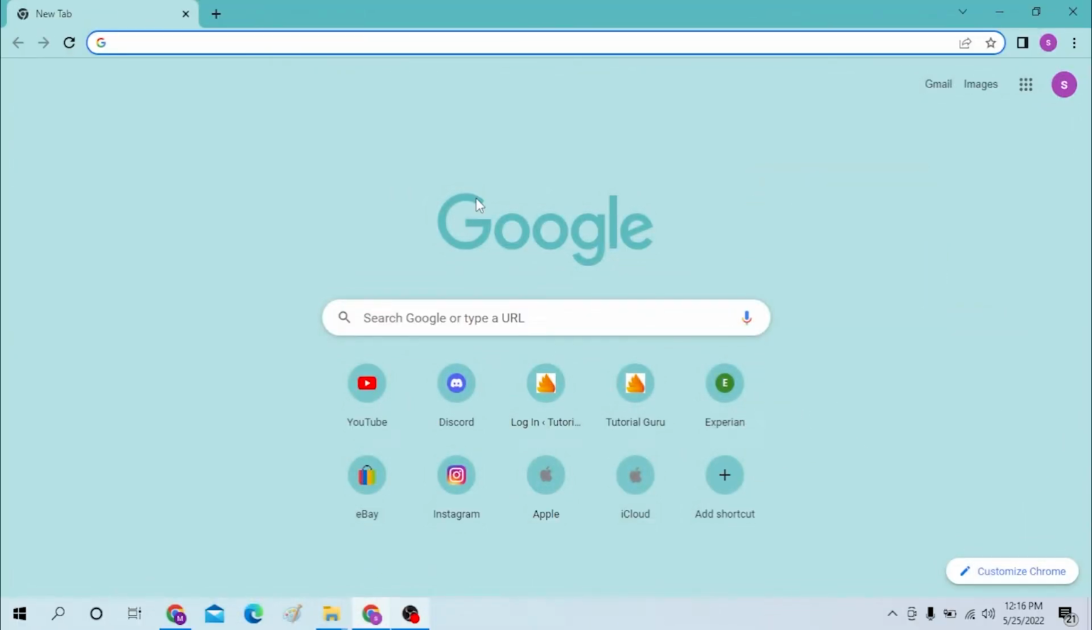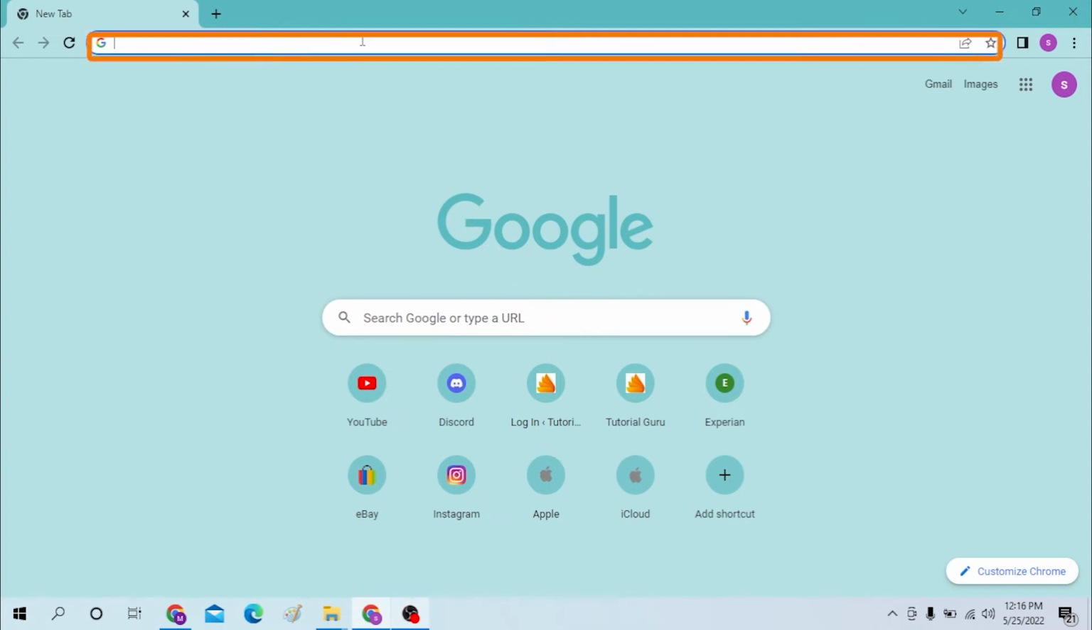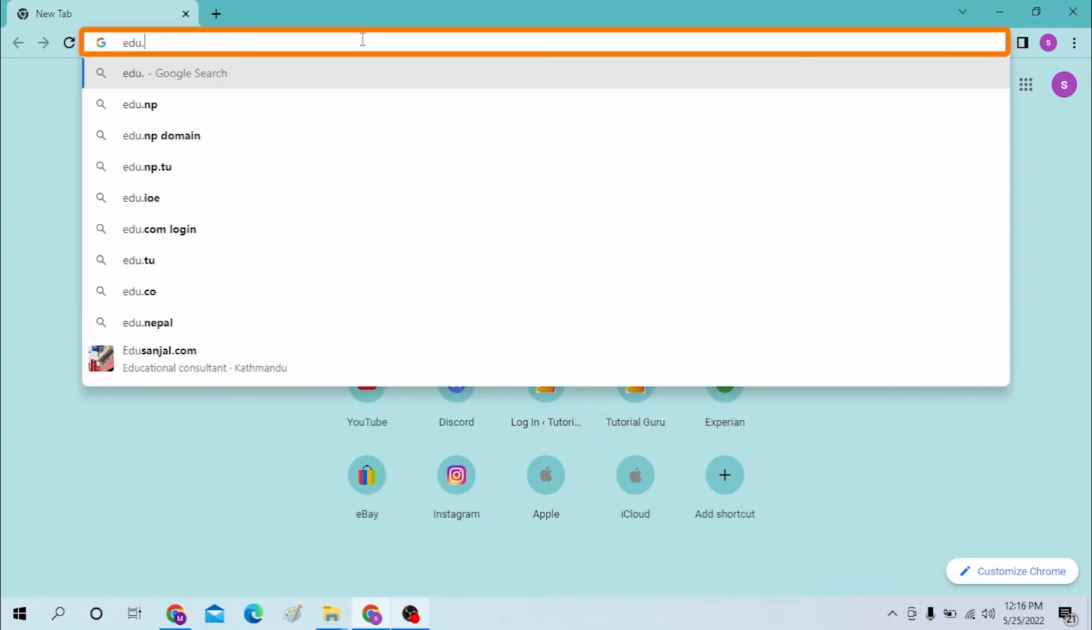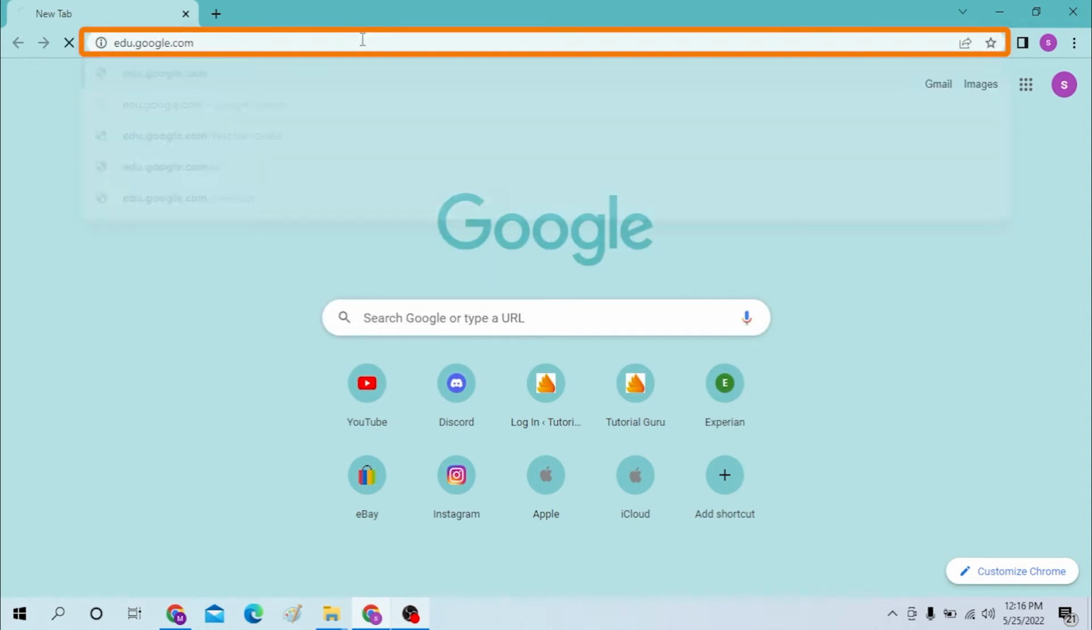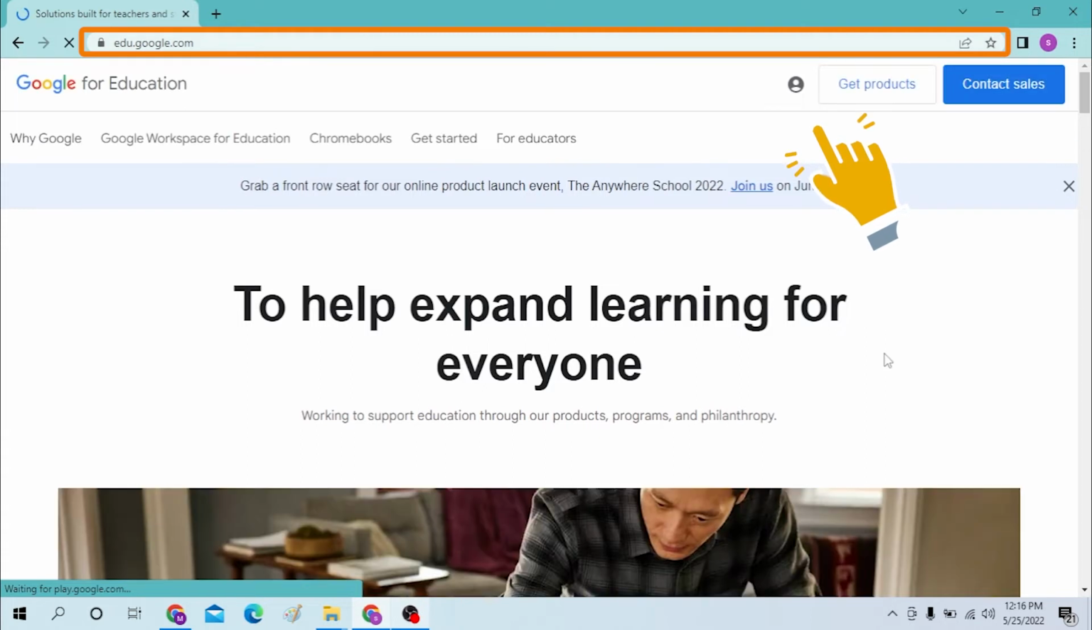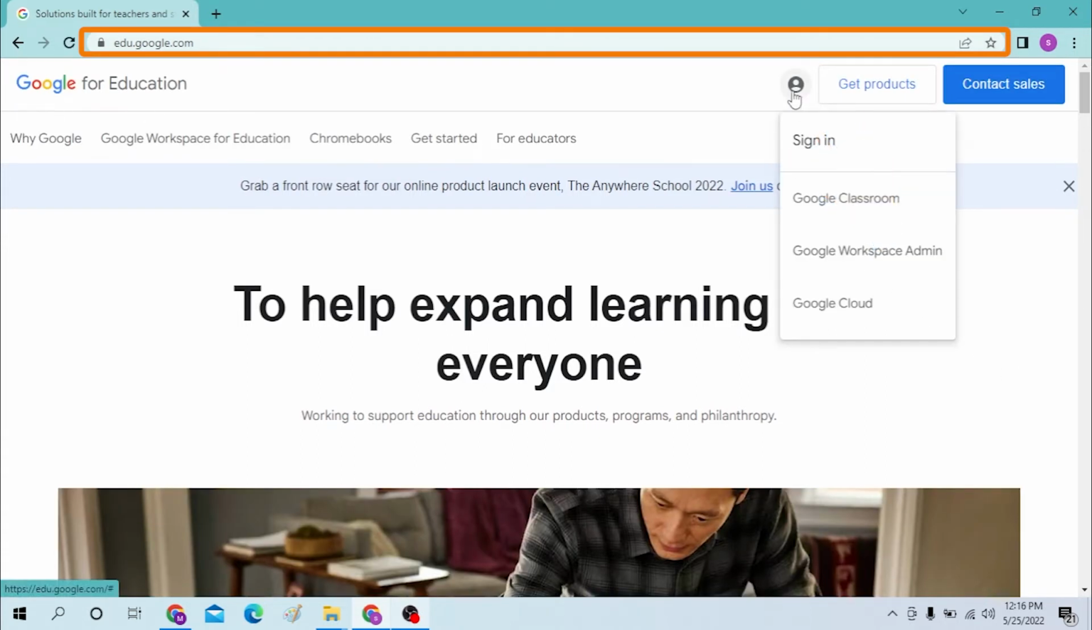First, on your computer, open your preferred browser. I have already opened Google Chrome, and now type in edu.google.com in the search bar like this and hit enter, and you'll be taken to this page, the Google for Education page. And over here on the top right corner, you can see the person icon, and under